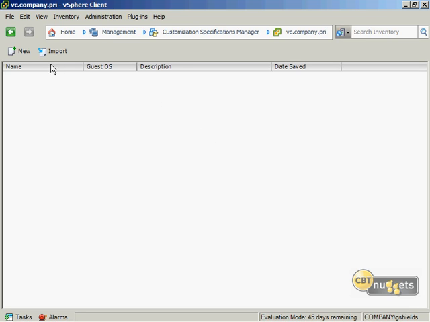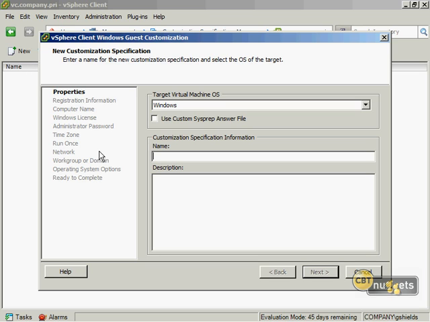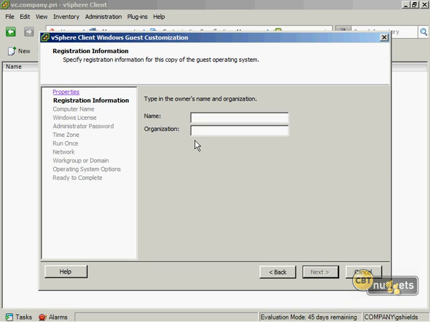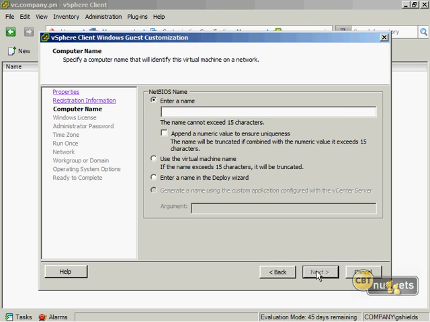All right, so I just went through that really nice wizard there and answered all of these questions, right? But I had to do it. I kind of have to be intelligent about this whole process to be able to answer those questions correctly. So what's to say that I couldn't create a custom specification and call this, I don't know, basic VMs for the marketing group, and then go through answering all these questions for them, just like I did